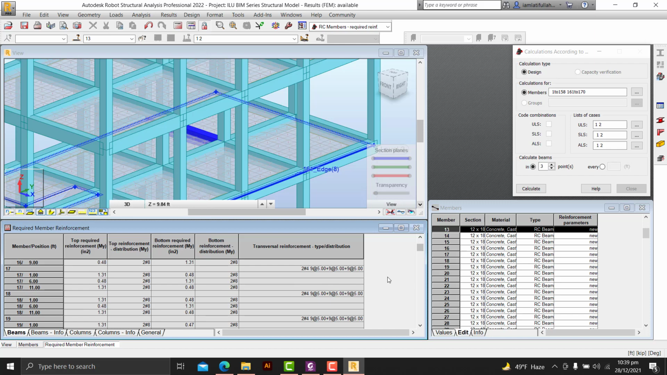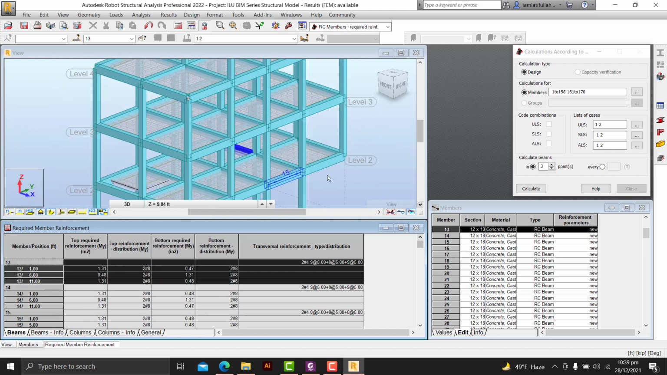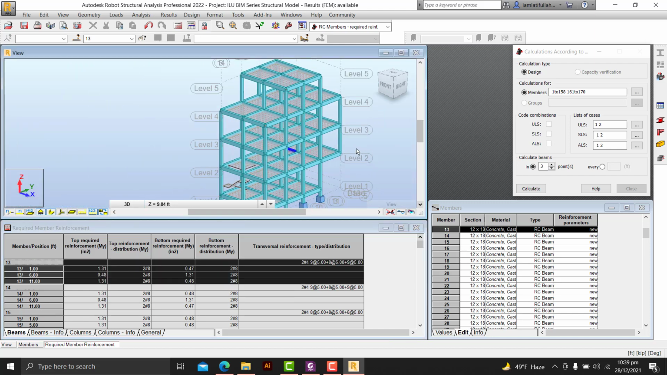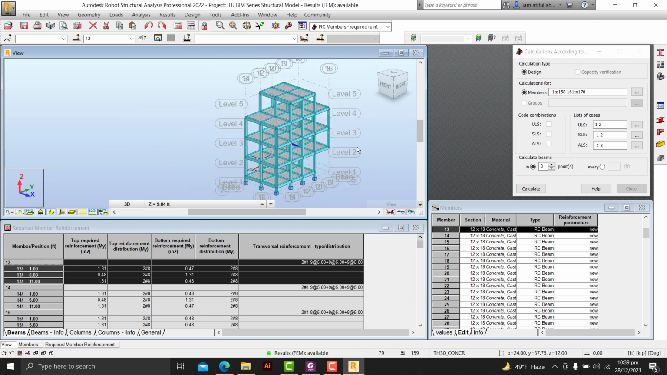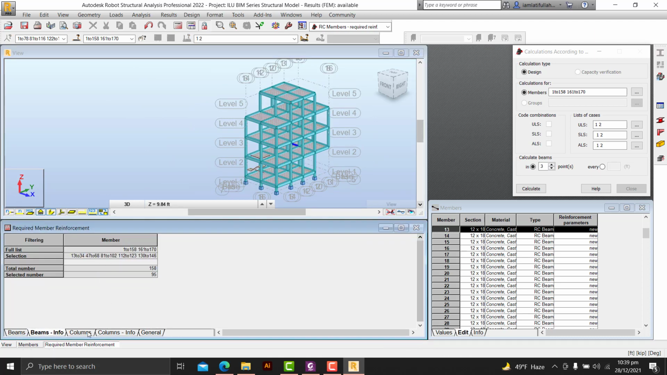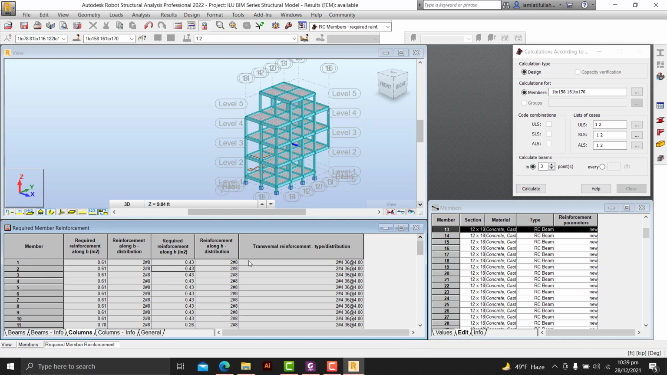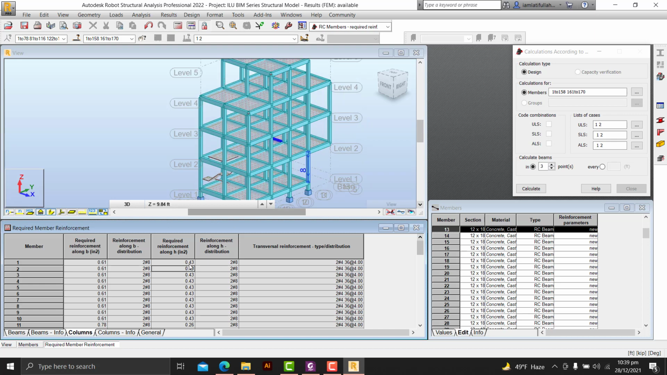So you see it is for all the beams which we have selected, and for the columns. So this is the information for beams. Look at the beam information, then for the column. So for the columns they have given us the reinforcement. So you look at these, so almost all of the columns have 0.43 inches reinforcement